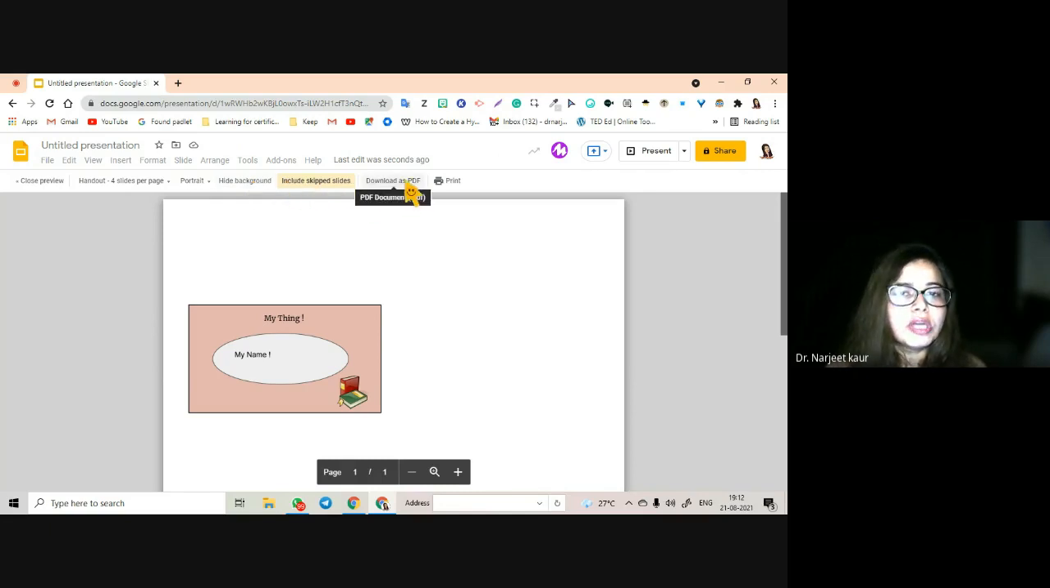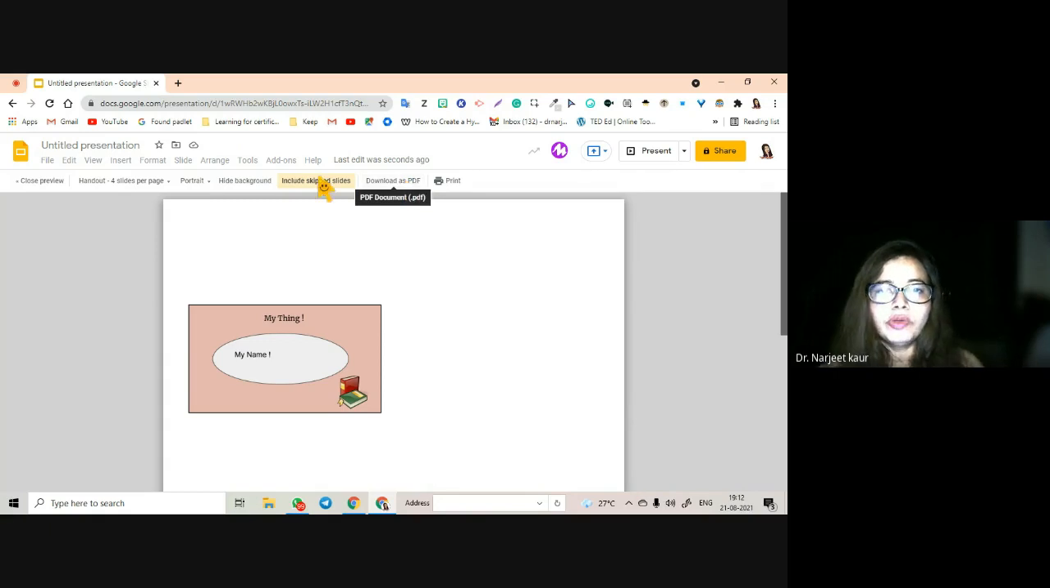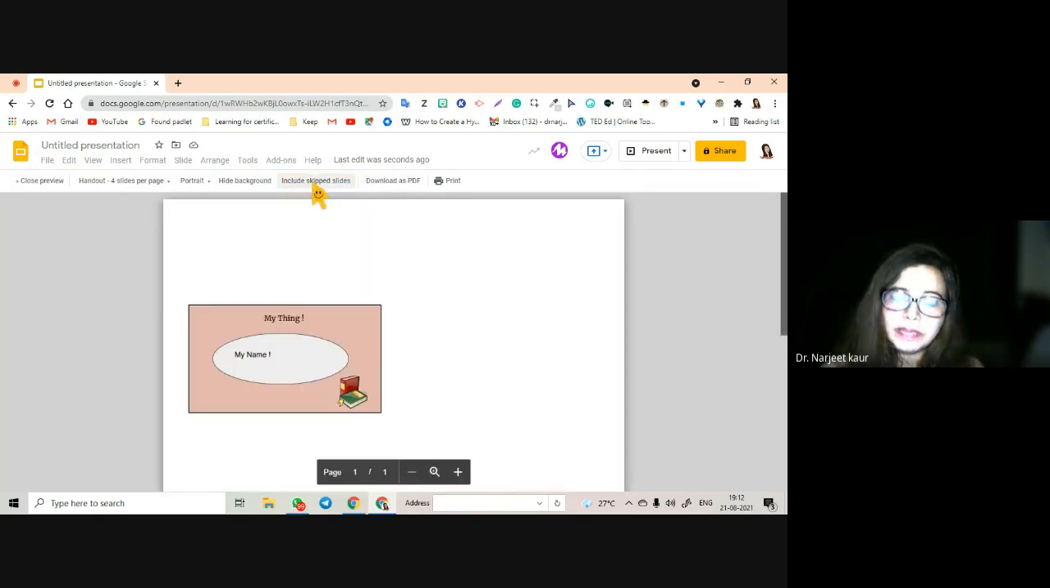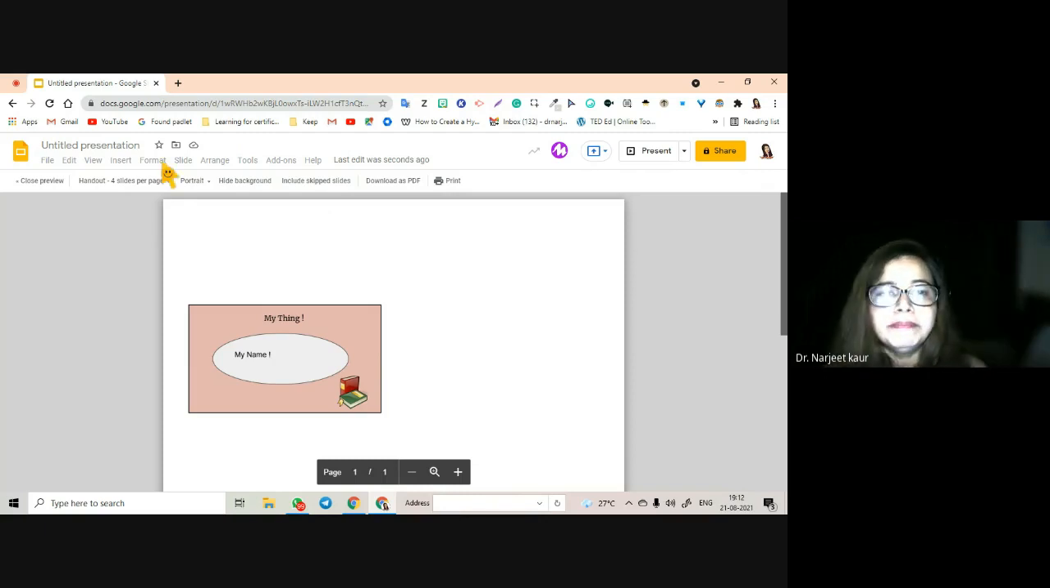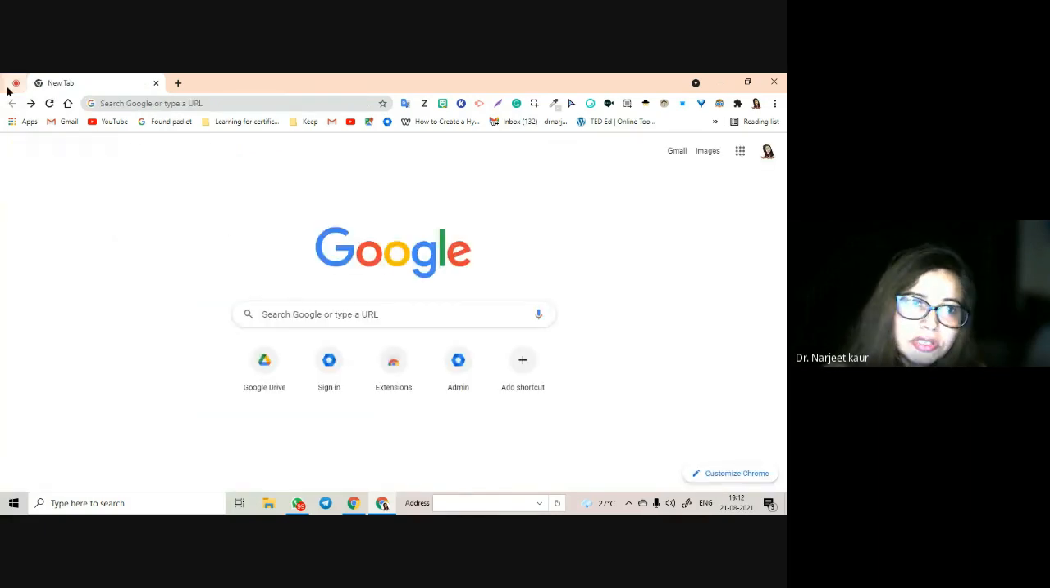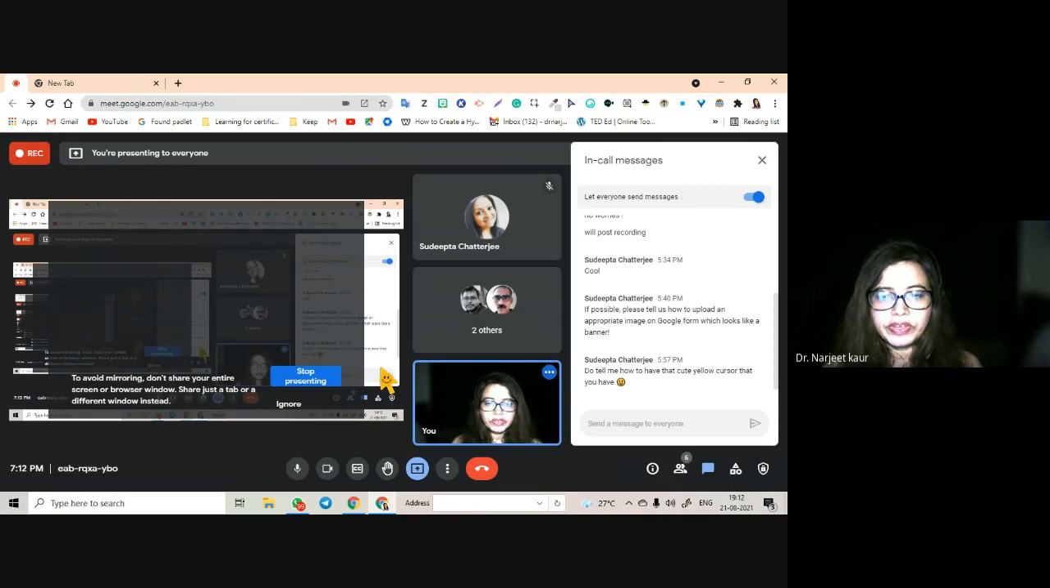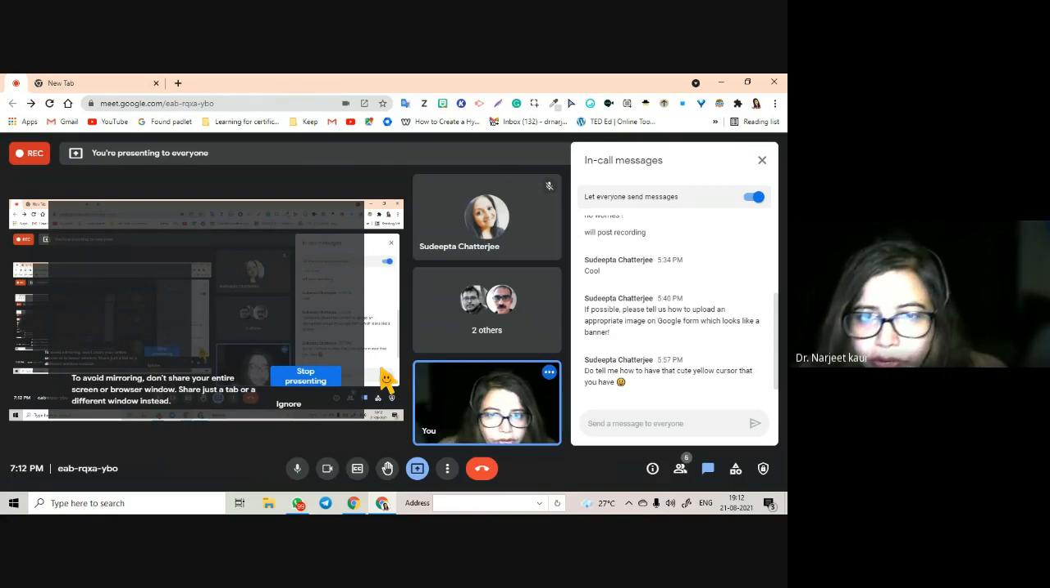You want to download the entire thing as a PDF and print, you can do that. And if there are some skip slides, the slides that you do not want in the presentation but you want in the printing, you can include all those things here. So this is all from slides that you are going to be tested, new things that you are going to be tested,